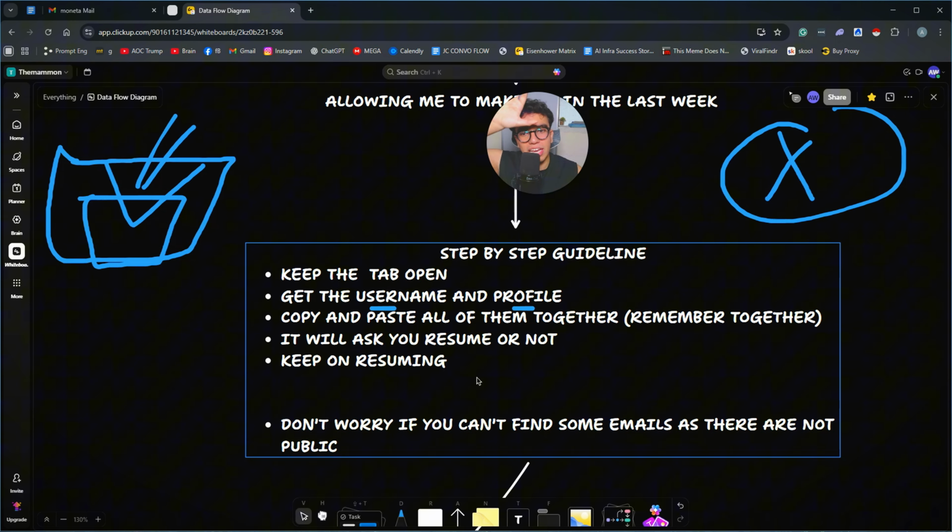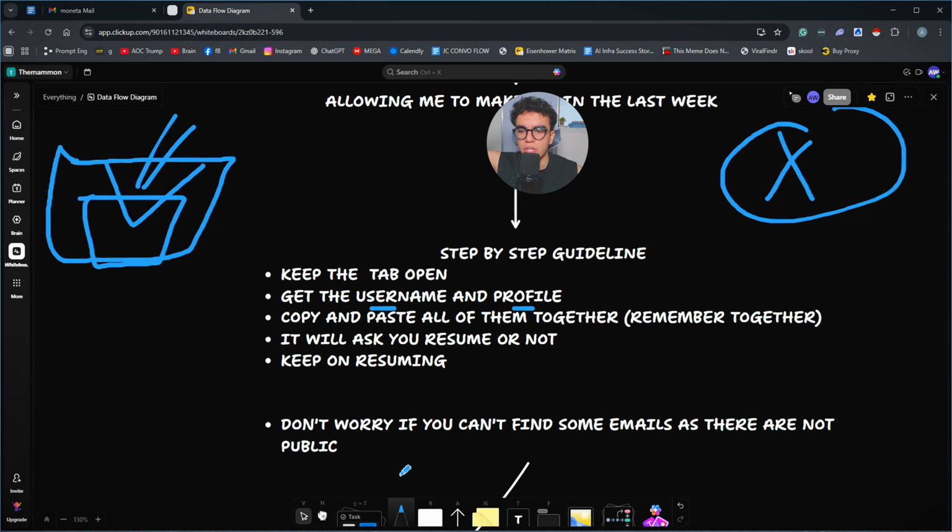You put the two together in a notepad or sheet, whatever you want, and then you copy and paste them all together. Remember, all together. Don't put them in one by one, because it takes a while to do, and it will ask you to resume the task. Once it's initiated, it will ask, do you want to continue or not? It will ask that again and again, and you just need to click okay, okay, okay,